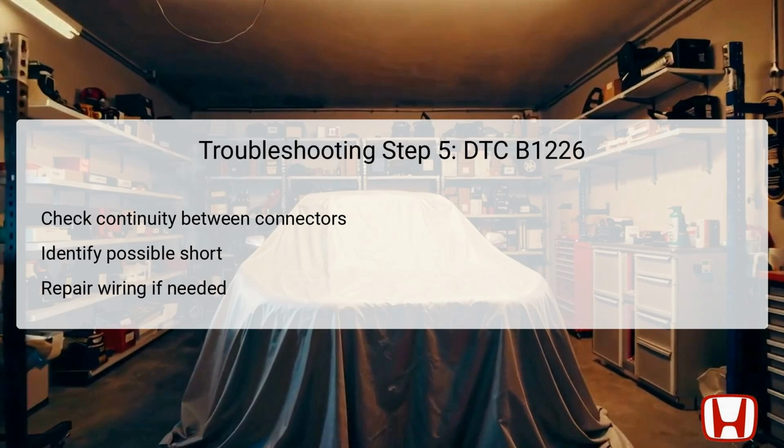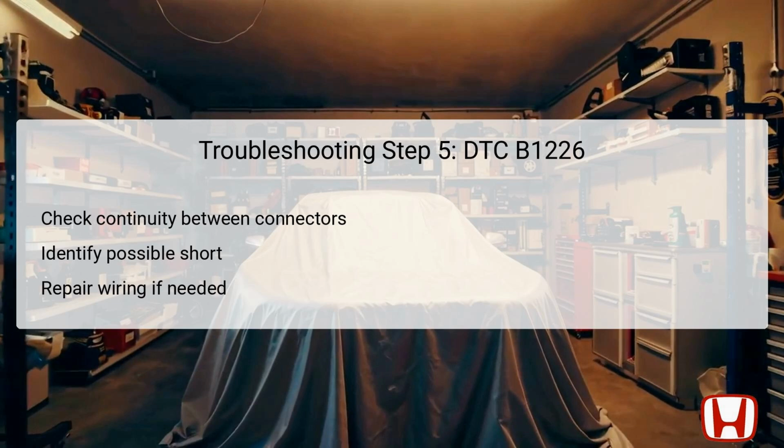underlying fault. Should there not be continuity, the technician is advised to substitute a known good climate control unit to verify whether the initial unit is malfunctioning. This step is key in isolating the fault to either the wiring or the climate control unit itself, ultimately allowing